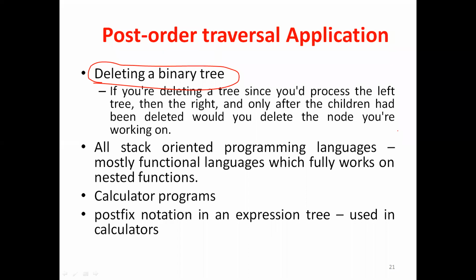So for deleting the entire tree, okay, I can use the post order traversal. That is the best way. Why? Because in case of copying a tree or building a tree, first you will create a parent node, then you will create the left node, right? Same way, vice versa. For post order, you cannot directly delete the parent node, right? First I will delete the child node, then I will delete the parent of this child node. Okay, so there is a reason. That is why we are using post order traversal for deleting a binary tree.